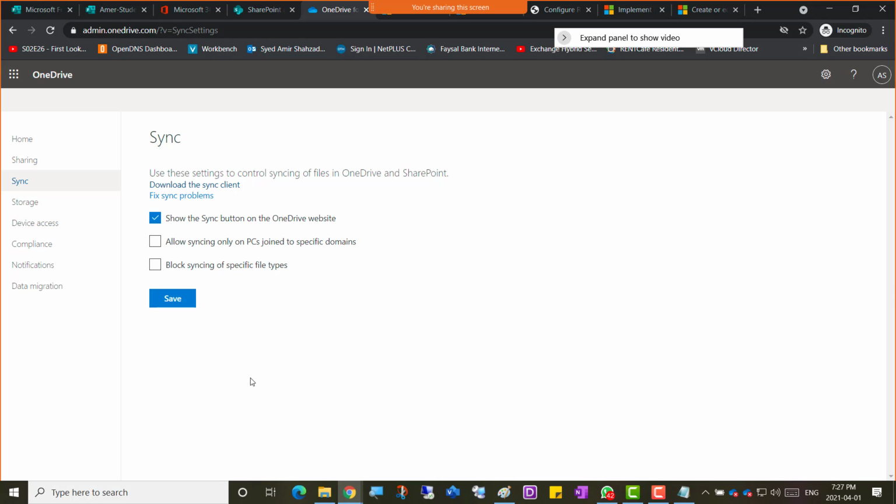And other than that, there is block syncing of specific file types. So if I select that, enter each file extension on a new line. This is just saying that suppose you've downloaded that sync client on your laptop, and you're trying to put an .exe file there, a file that ends with the .exe extension. You don't want that to be synchronized up there in the cloud. So you can just type here .exe,